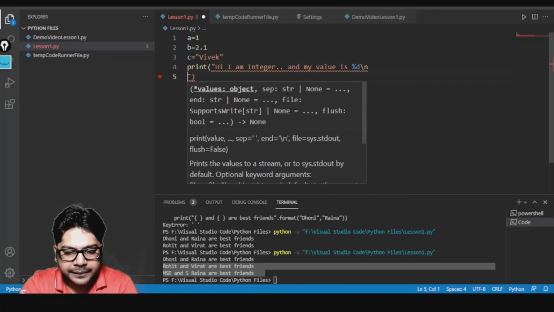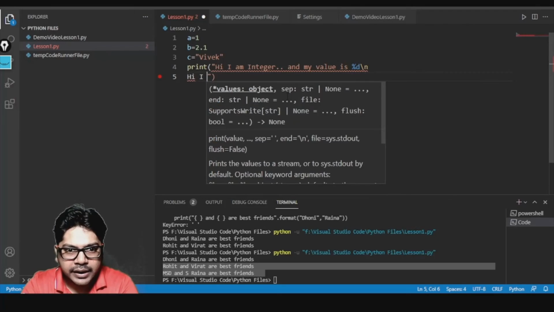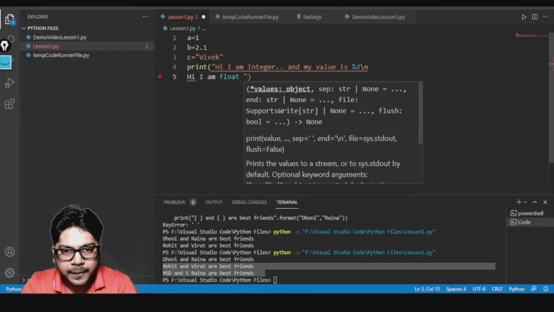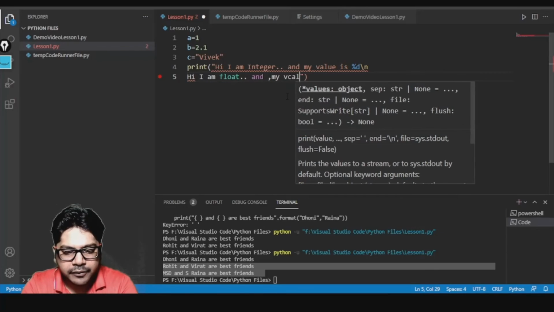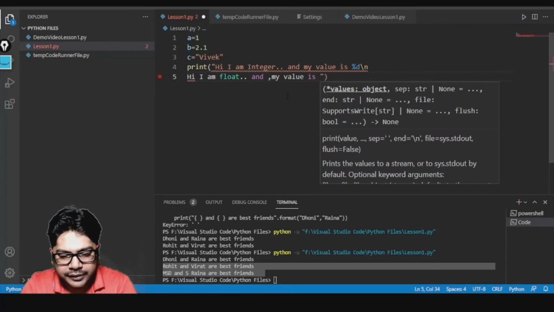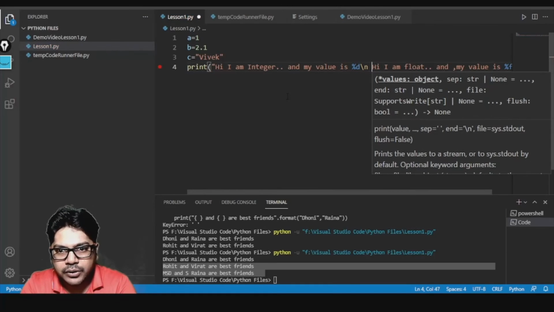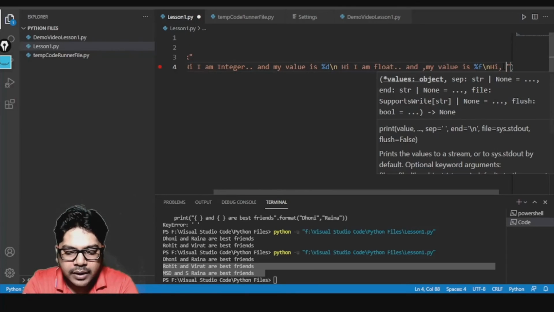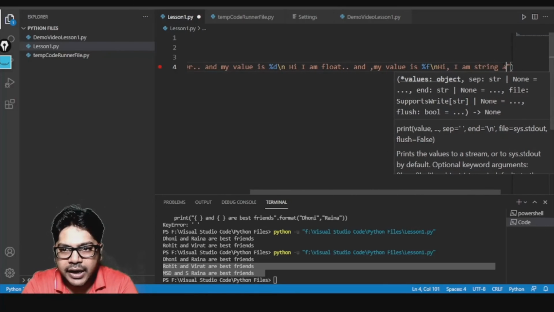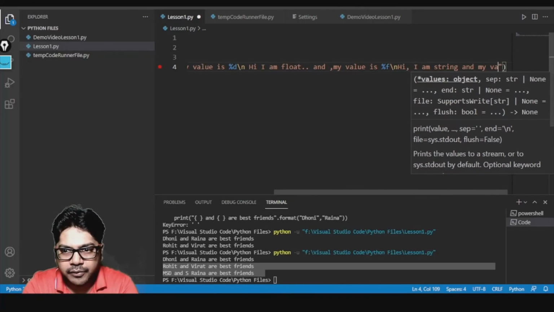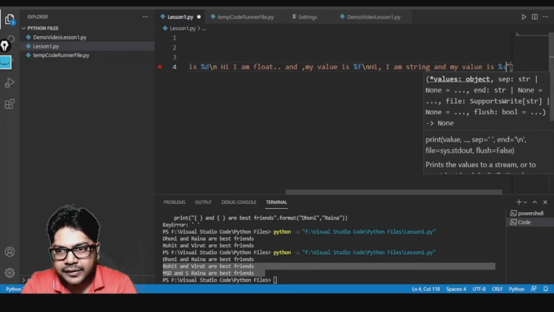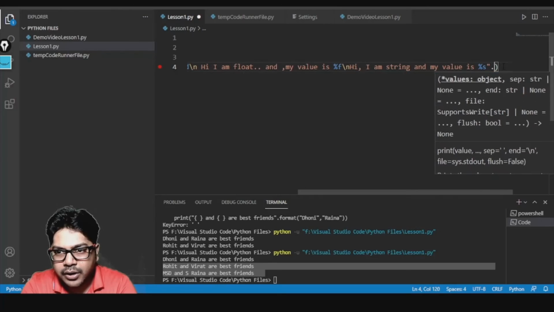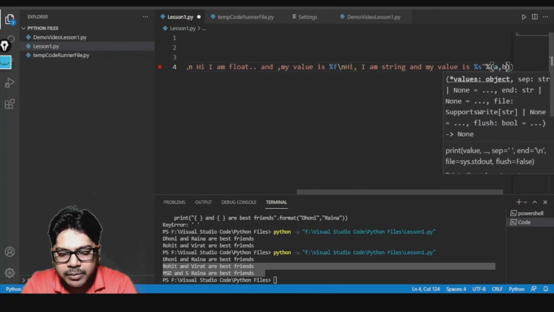Then "Hi I am float and my value is %f", and again %f with backslash n, and then "Hi I am string and my value is %s". Then I will write the percent symbol, not dot format, and here I will write a comma b comma c.